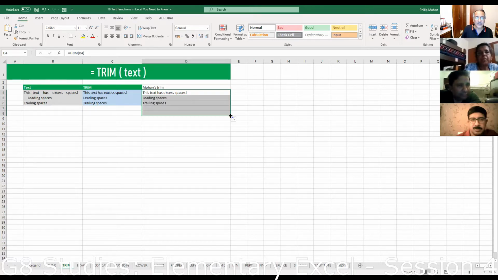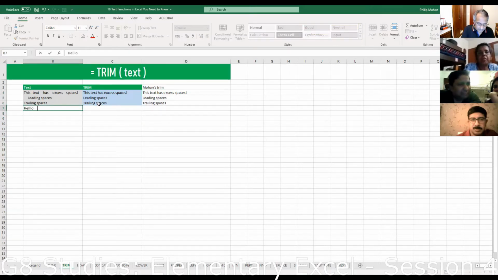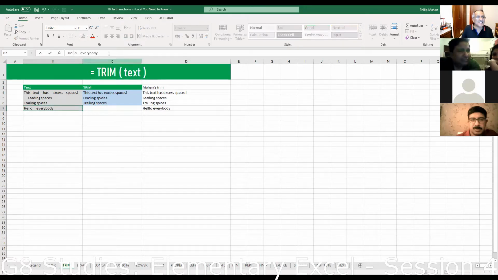Okay, right now what I've done is dragged it down into spaces where there's nothing written. Okay, so let me just do the other one that I did. Hello, everybody. Okay, my spelling is wrong. It's not going to correct spelling. It'll only take spaces out. Okay. So because you've got the formula here, anything you type here, even if you accidentally put some spaces, it will clean up.